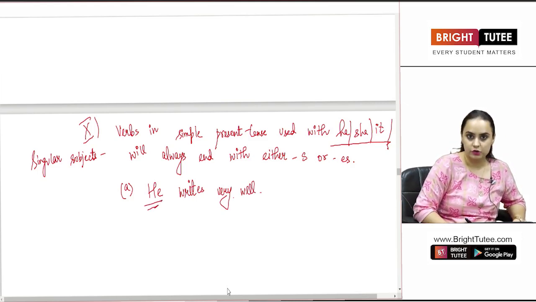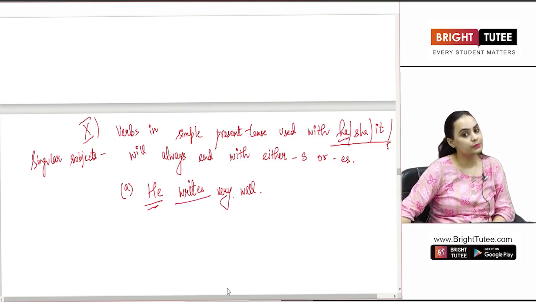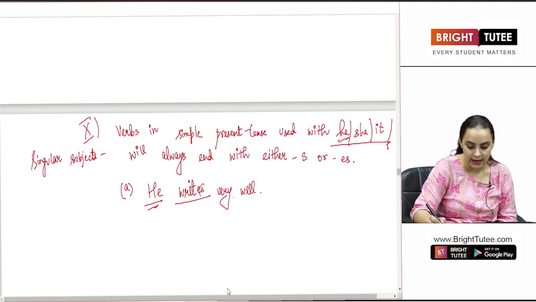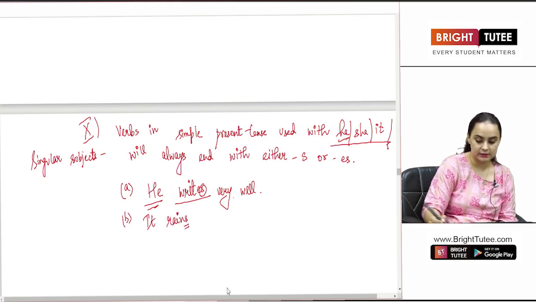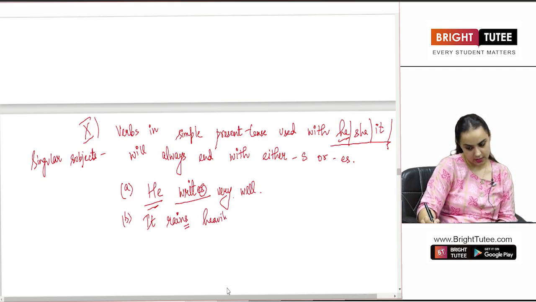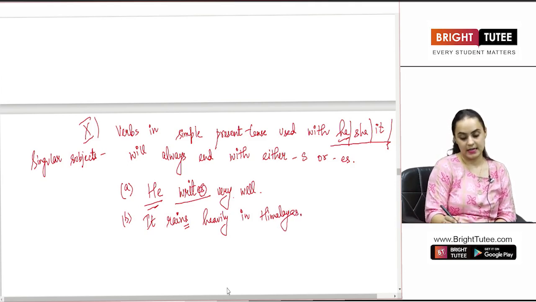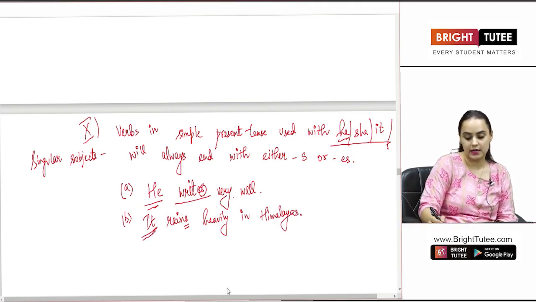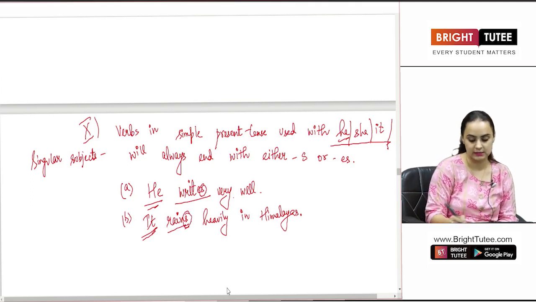He is my subject, singular. Writes is used for the simple present tense. Therefore, we add an s to the end of it. If I give you another example, it rains heavily in Himalayas. It is my singular subject and I added s to the end of my verb, which is in simple present tense. If I give you another example,